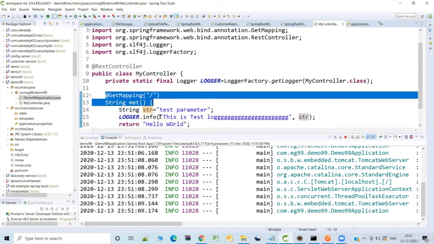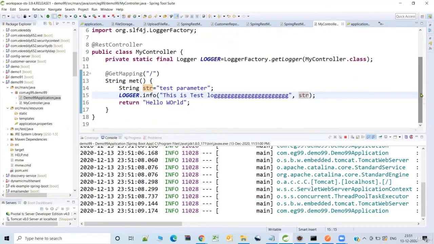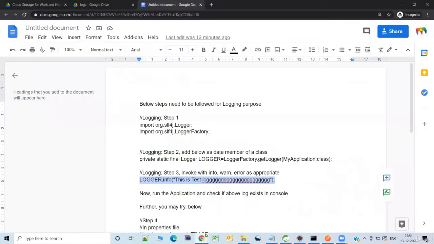And here, just for testing purpose, I had kept it as info. You can keep it at any different level, let it be error or warning or trace or debug, whichever. So let me try to hit this REST endpoint and see if this log gets printed in the console or not.